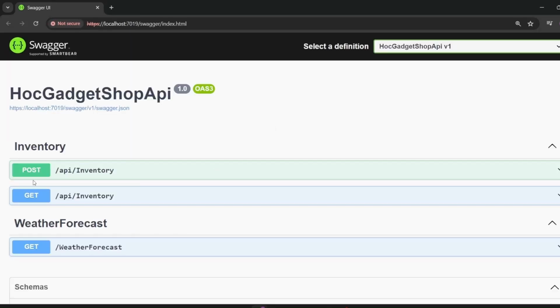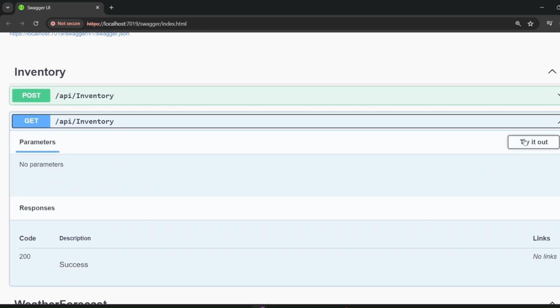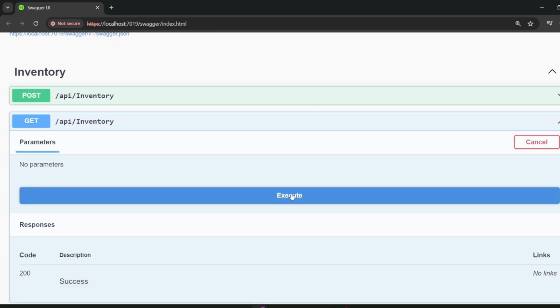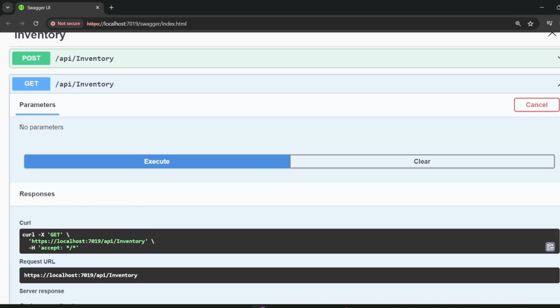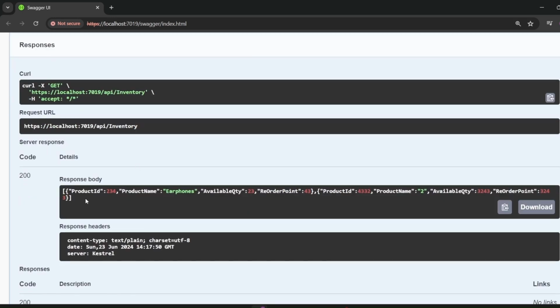And the get API that we added, we are seeing over here on the screen as well. It's added over here. To verify if the DB to .NET Core Web API connection is working fine or not, we just do a try it out from here and execute the API. It's not going to take any parameters, so you see that parameters is also mentioned over here. And now we see the response body.